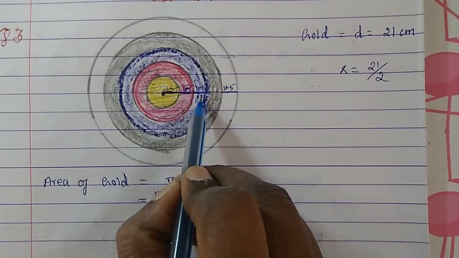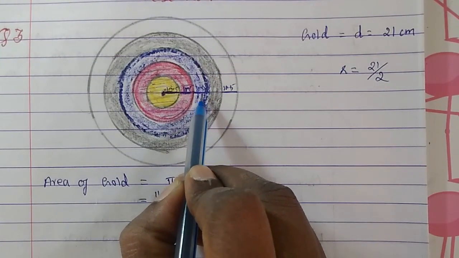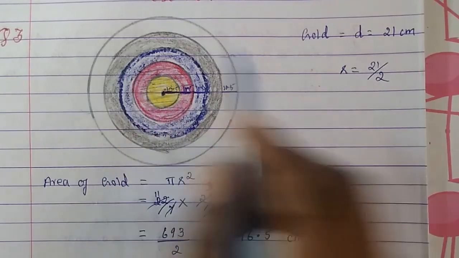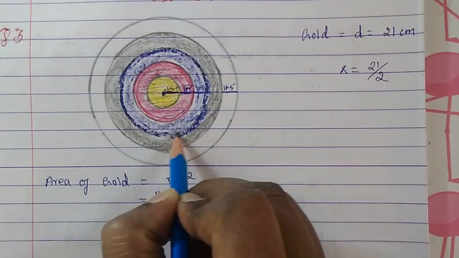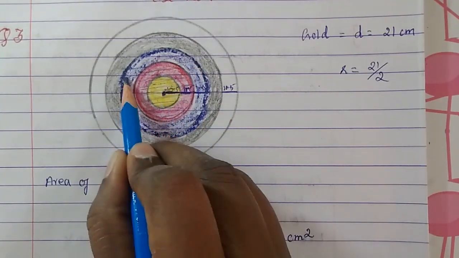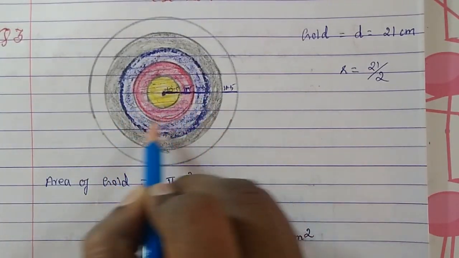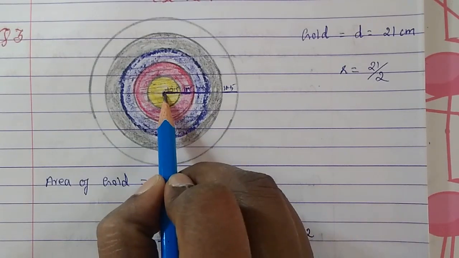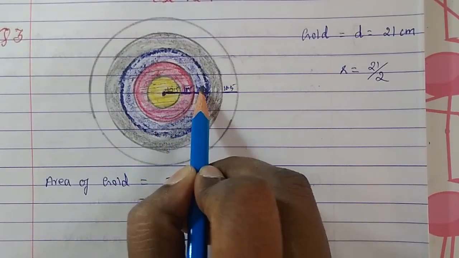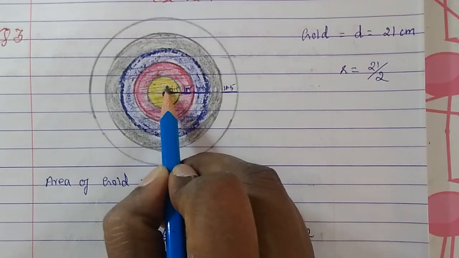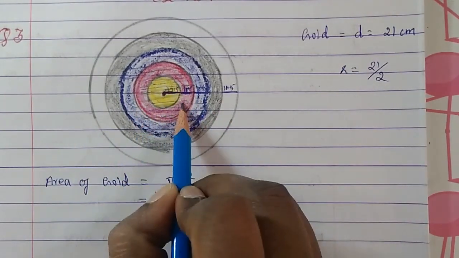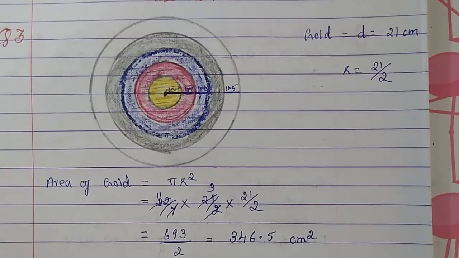Now in the same way we have to find the area of the blue band. Exactly the same way. Now you will take the whole thing, because the center is here, right? Then the circle is here. So now you will find the area of this whole circle, which will be gold plus red plus blue. And from there we will subtract this part and this part. So together this much we will subtract.